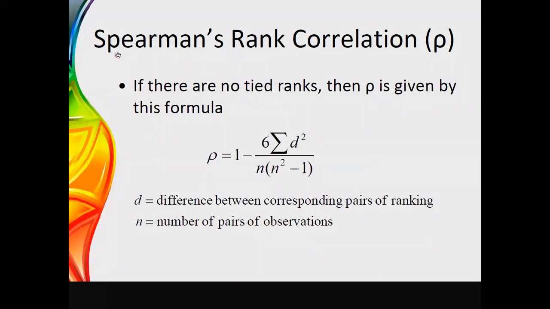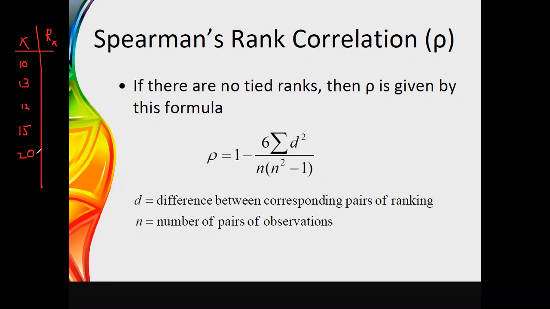And the equation that we use to calculate this Spearman's rank correlation is this. We can apply this equation if you cannot see any tied rankings. Tied rankings are quite like this. Now think about this set of data x, and this is the rank of x. Now think that I have a set of data: 10, 13, 11, 15, 20.